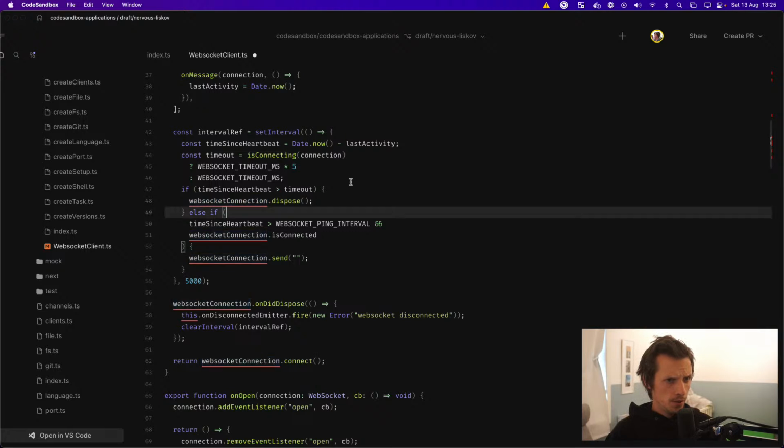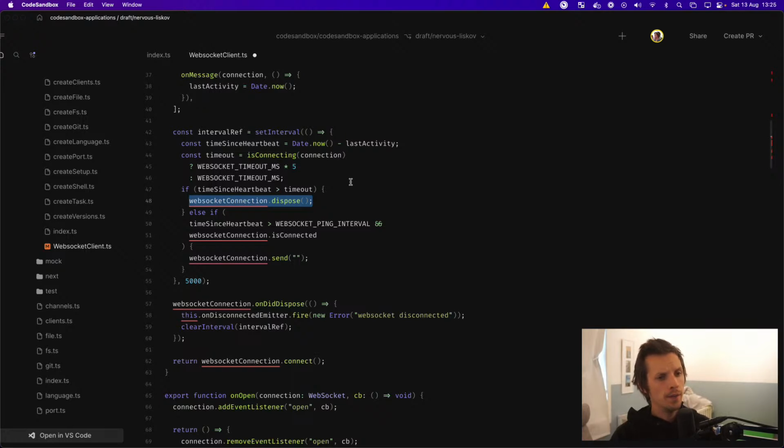So what we're doing here is saying time since heartbeat is more than the timeout, we should dispose of the thing. What the hell does that mean? I guess it means we want to close it, but since in the old code we dispose of it, it means that we also remove all the listeners and stuff. Right now we just concluded that that's not the responsibility of this. The responsibility is on the consumer. So if someone creates a connection here, they listen to the close event and then